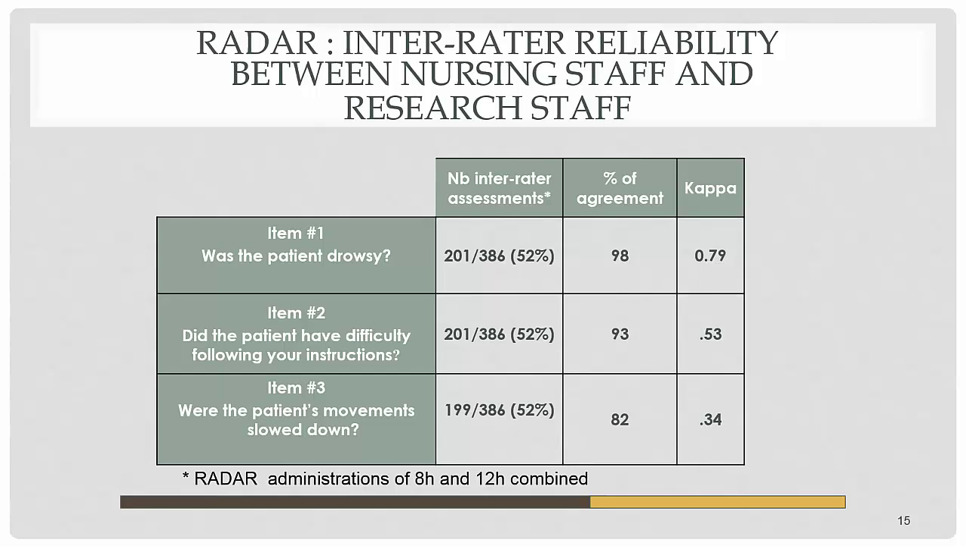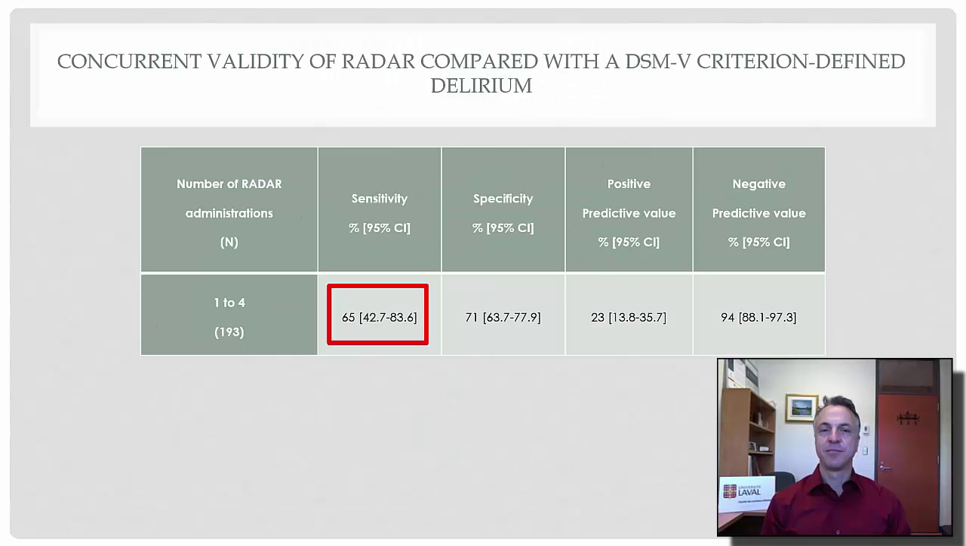And as you can see, the percentage of agreement is satisfactory to very high, from 82% to 98%. We looked as well at the concurrent validity of the RADAR compared to a DSM-5 criterion-defined delirium. And as you can see, the sensitivity was 65%, specificity was 71%, positive predictive value 22%, and